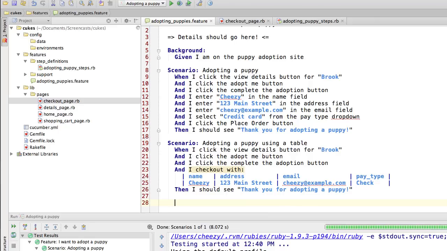There you have it. Now, as you can see in this case, I've actually put a table directly in a